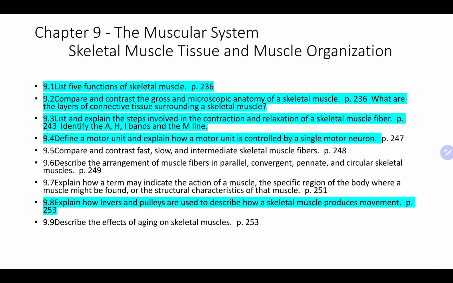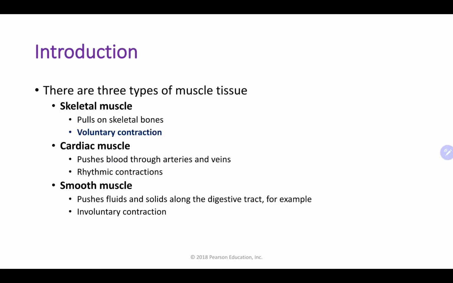Chapter 9, we went over muscles. So there are three types of muscle tissue: skeletal muscle, cardiac muscle, smooth muscle. With cardiac and smooth muscle, they're both involuntary contraction, right? So they happen automatically. They're on auto. Skeletal muscles, however,